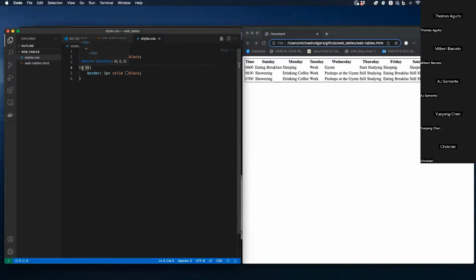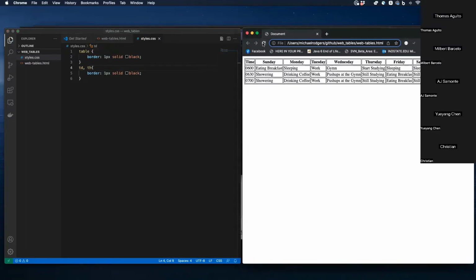So let's see here. What are we missing? It's the comma. That's what we needed. So now we get that layout back again. But this is kind of bothersome, right? I really don't want to see this spacing beside everything. One of the things that you can do to collapse that spacing is use something called the